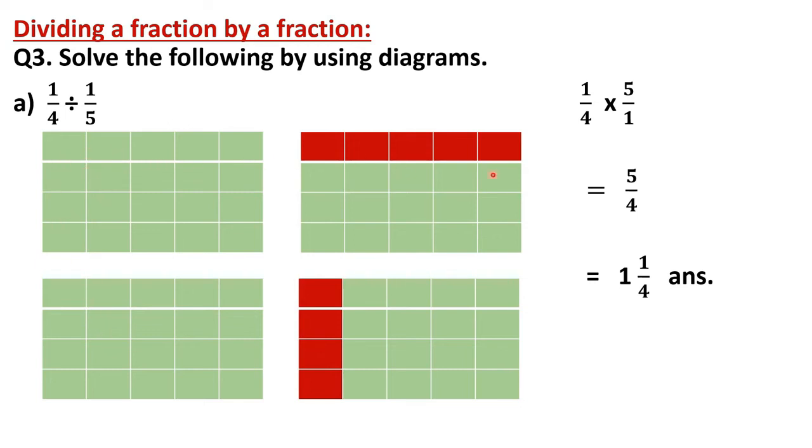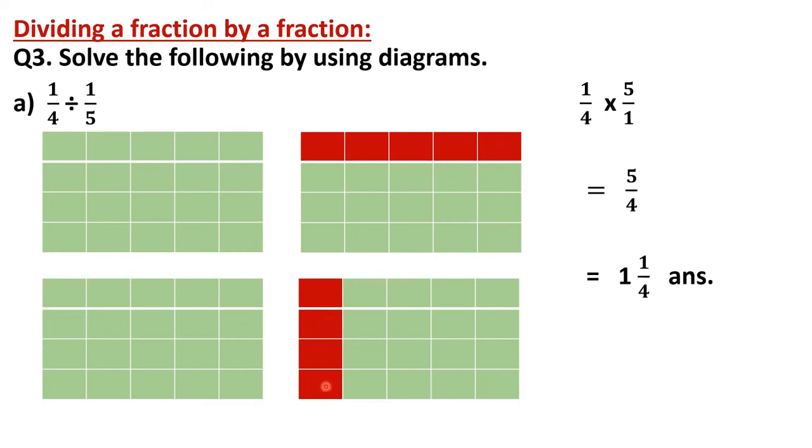So now you can see here 4 rows are there, and out of which one I have shaded here with the red, and 5 columns are here in the second figure, and you can see one of the column I have shaded with red. Okay, so you can see now how many of these boxes of the column will go into the rows. So here you can see number of boxes here in first row is 1, 2, 3, 4, 5, and here it is 4.